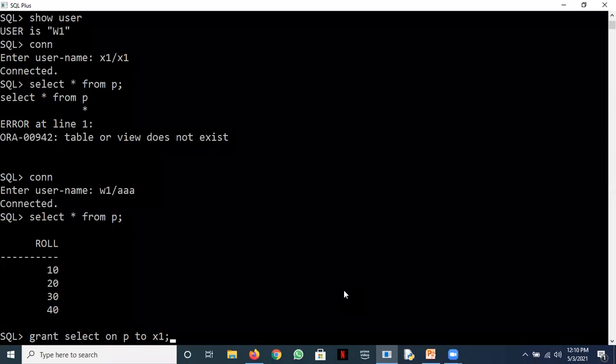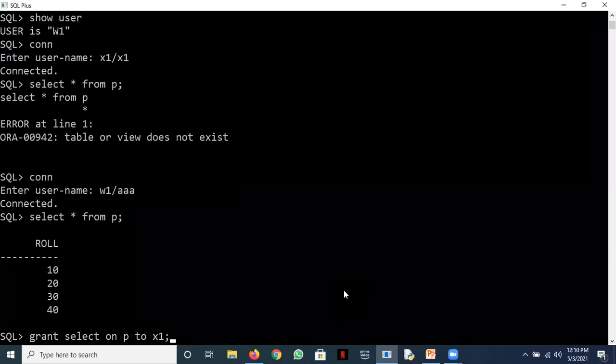So now what user W1 is doing, that he is granting a select privilege to the user X1 on his table P. See the syntax: grant select, that is the privilege, on table name to username. So if there are other users, they can be separated by commas.